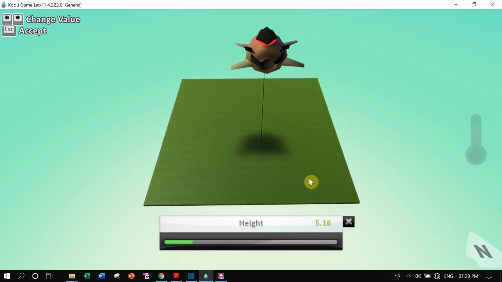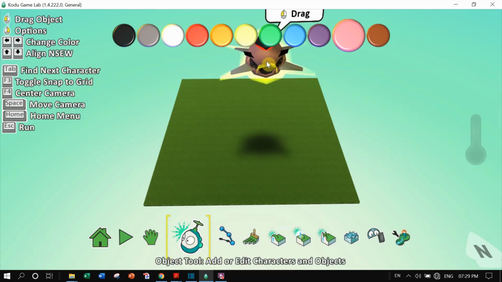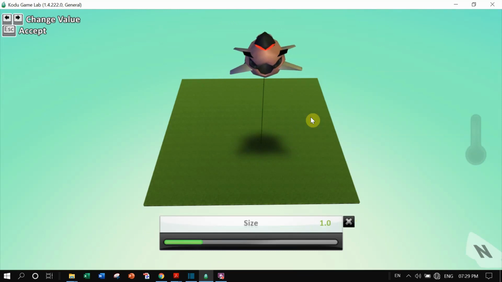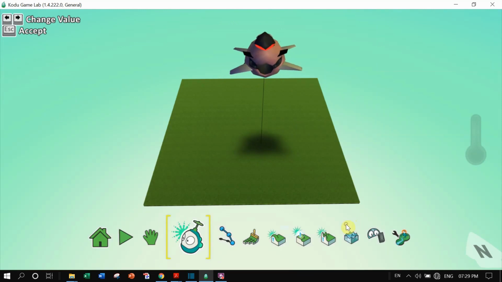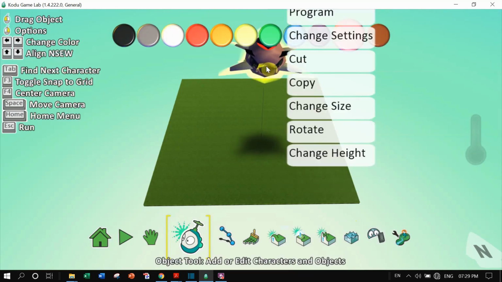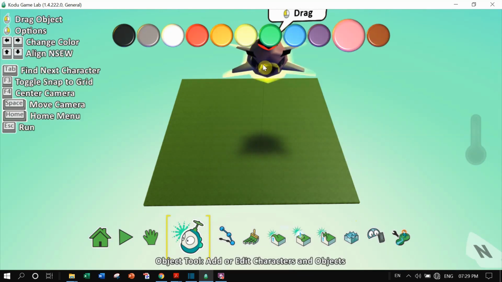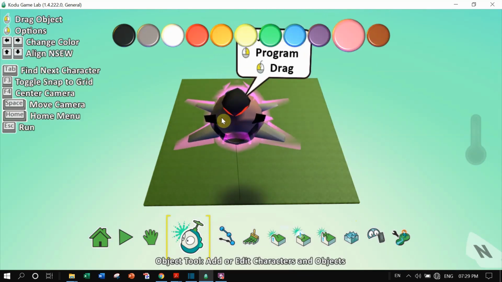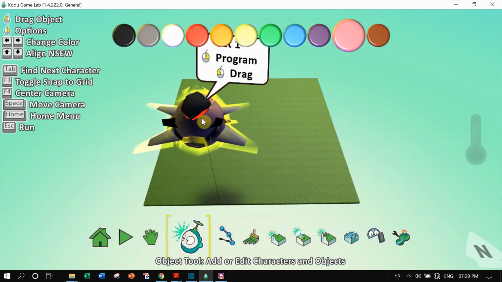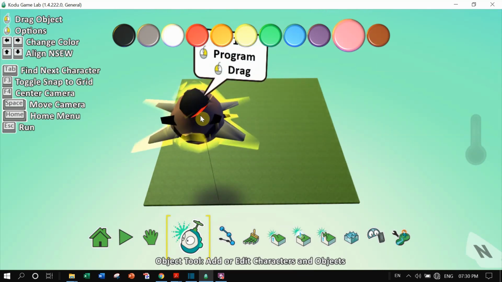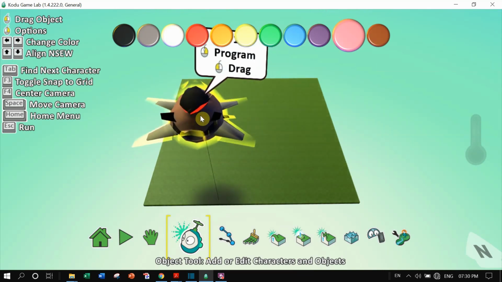I can decide its size in a similar fashion. I can make it larger or smaller. So I'm keeping it at size 1 as it is. I can grab it with left click and place it anywhere I like. So it is just above the ground, and this is how various objects can be added.